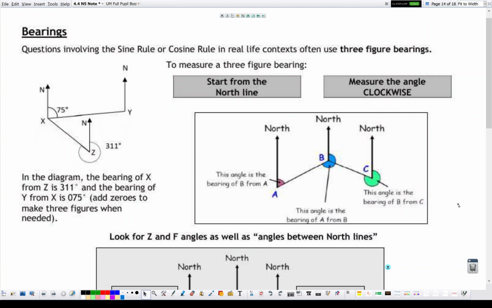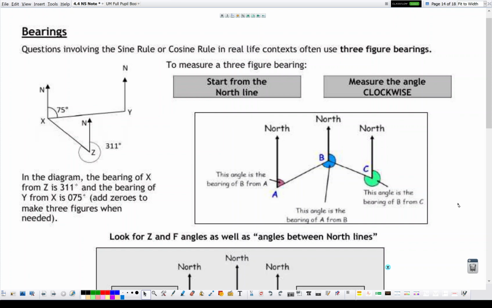Okay, so bearings with trigonometry. Now, bearings is just another form of measuring an angle, basically, and a bearing is always a three-figure bearing, always starts from what's called a north line. So if you look at this diagram on the left-hand side, you'll see that we have 2 points,